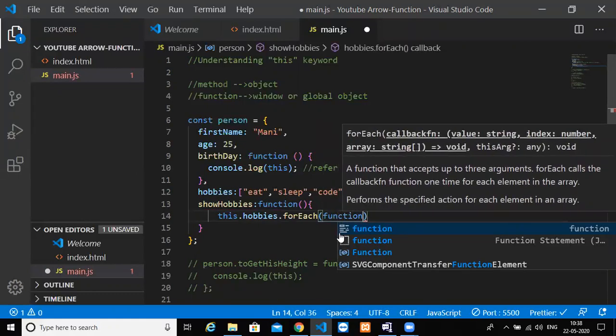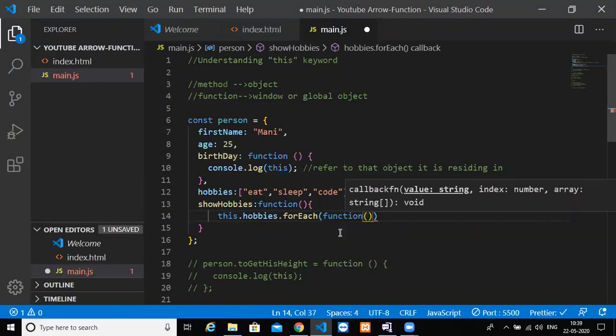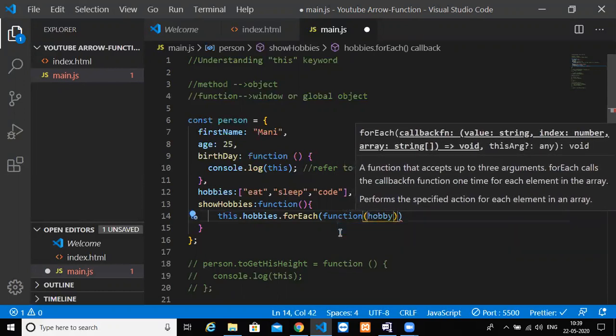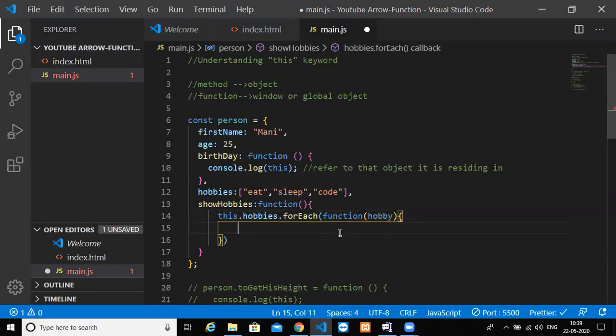I think I might do a small video on higher order array methods. forEach is one of the higher order array methods. So the function will take a hobby, right? And then I'll do a console.log of hobby.